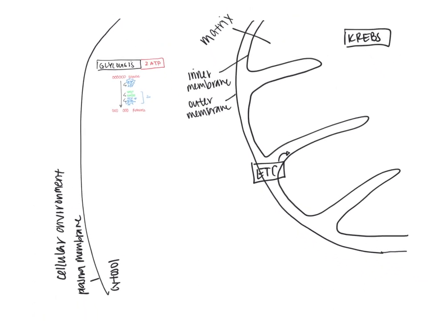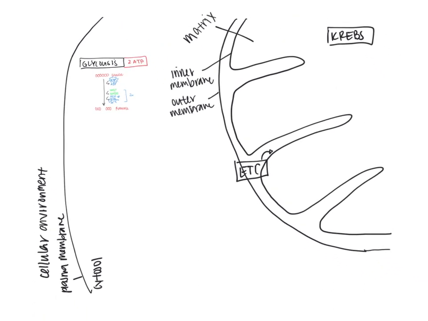Okay, there we go. Now we've zoomed out. So we're going back. This is our picture of what we've got so far. We've got glycolysis producing pyruvate. Now, in order to continue to the next step of the cycle, this pyruvate is going to be moved into the mitochondria via active transport. Pyruvate is going to be transported from the cytosol into the mitochondria, where we're going to further oxidize